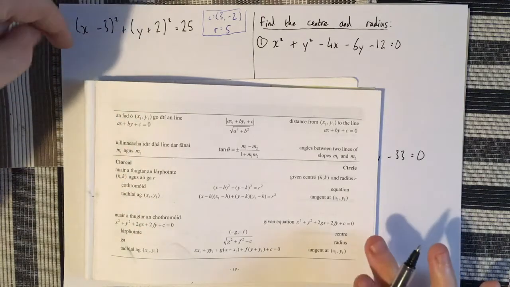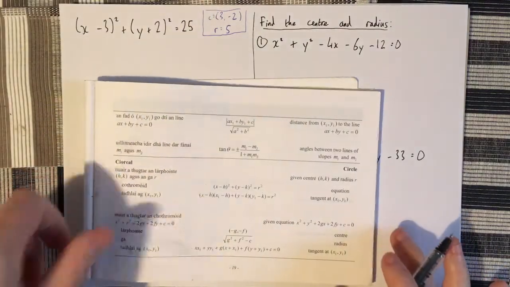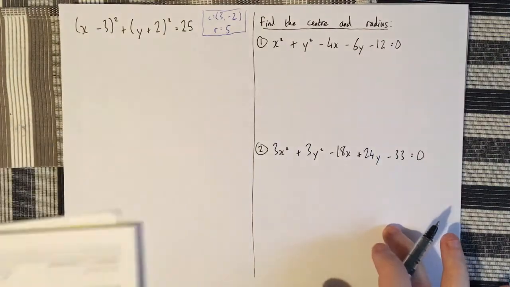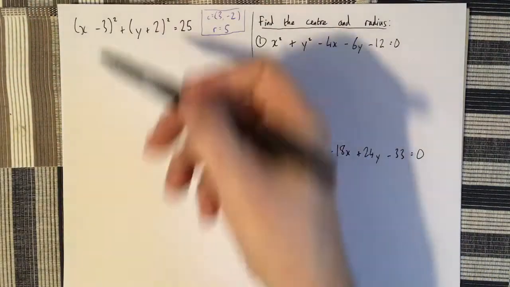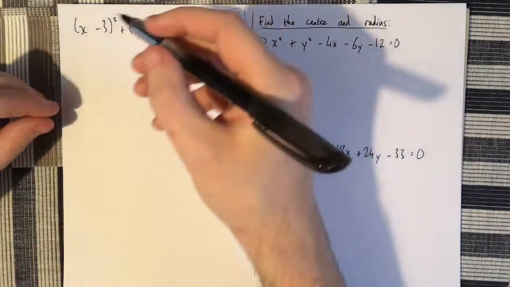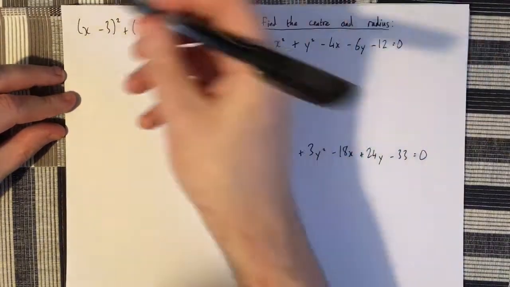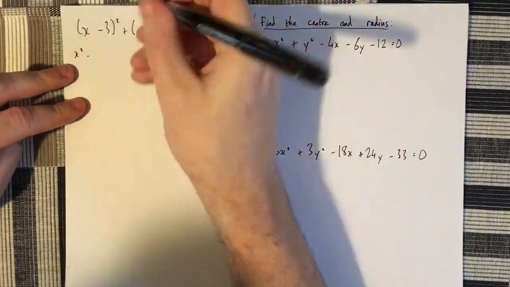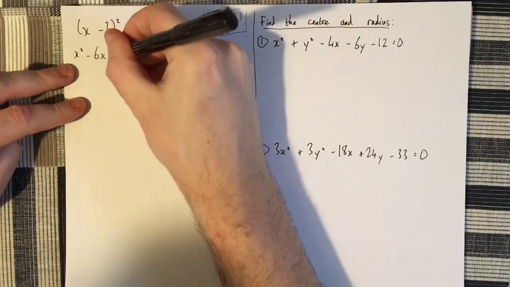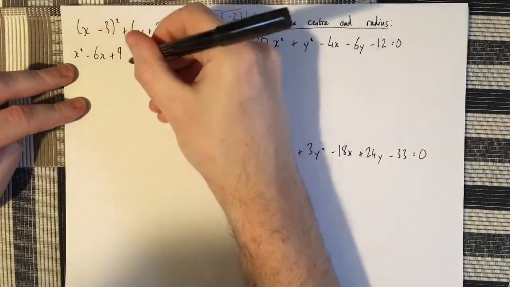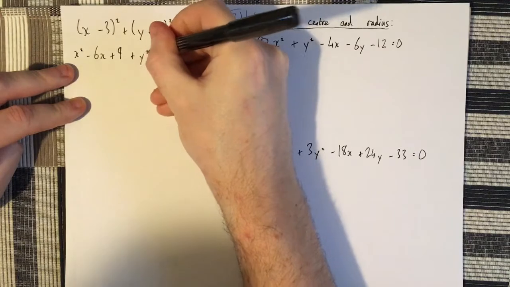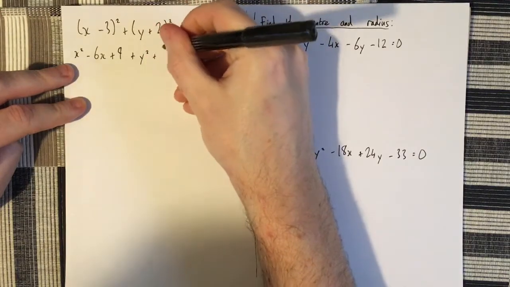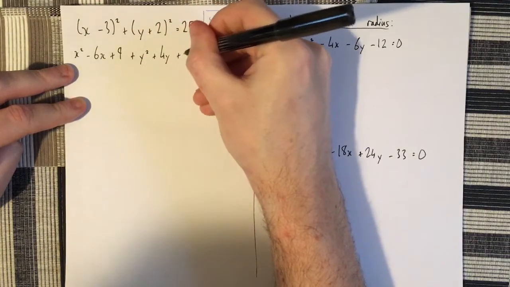What if I get something where the left-hand side is multiplied out? Okay, so I'll just very quickly multiply that left-hand side out, and then we'll look at what we get then. So (x minus 3) squared is x squared minus 6x plus 9, plus y squared plus 4y plus 4,